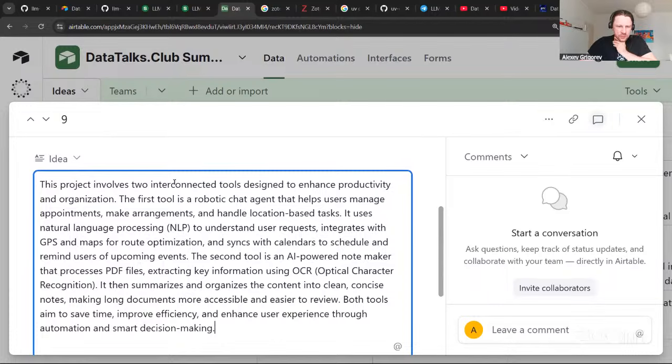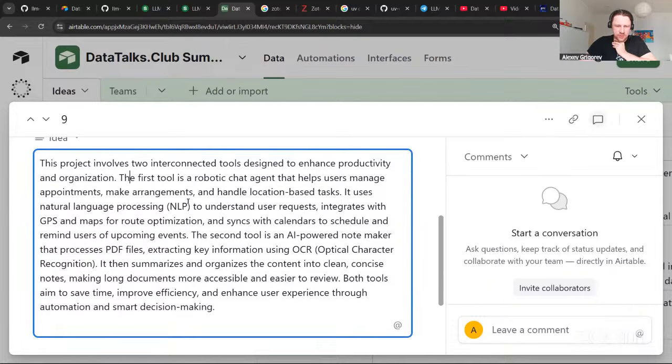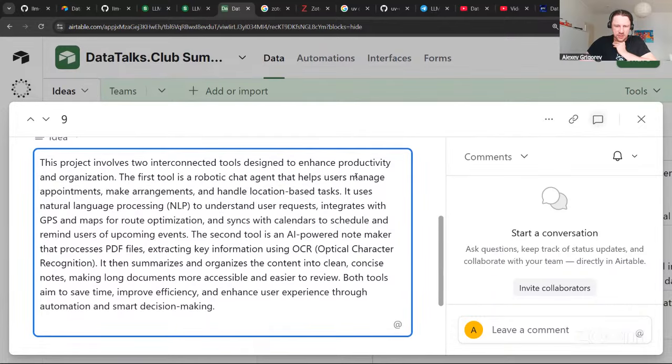This project involves two interconnected tools designed to enhance productivity and organization. The first tool is a robotic chat agent that helps users manage appointments, make arrangements, and handle location-based tasks. It uses NLP to understand user requests, integrates with GPS and maps for route optimization, syncs with calendars and schedules, and